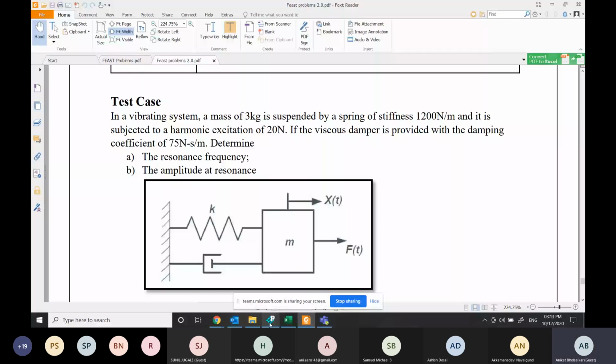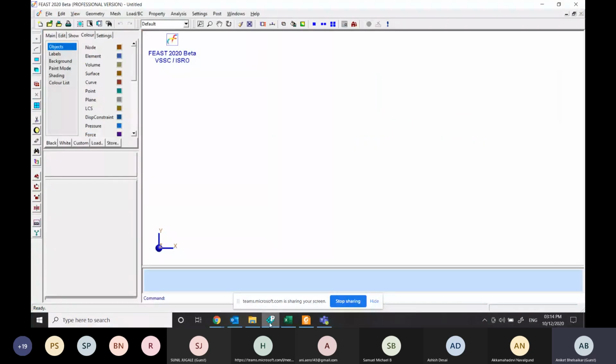Since the stiffness value is already known to us, there is no need of creating any geometry. Without any geometry, we are trying to solve the complete problem. So we'll see how to do the analysis without the geometry.